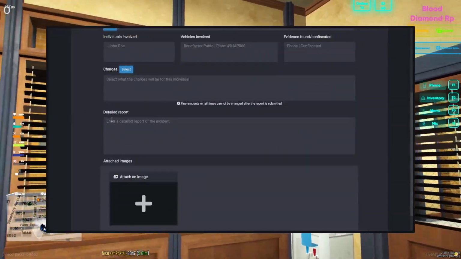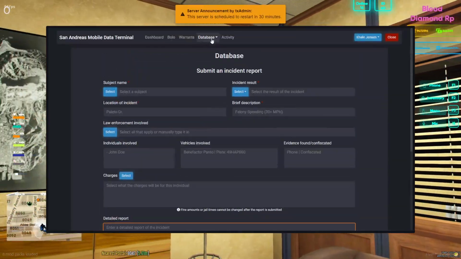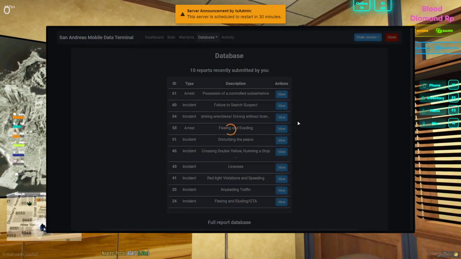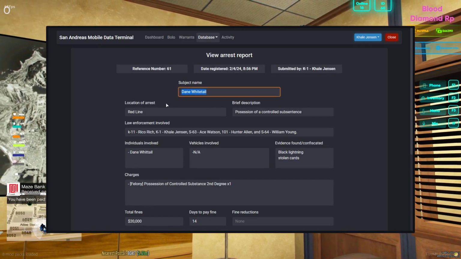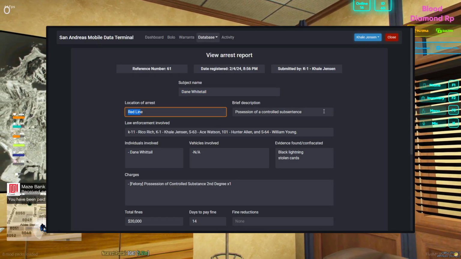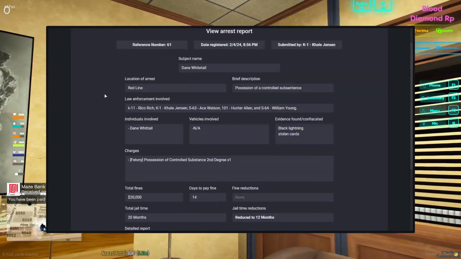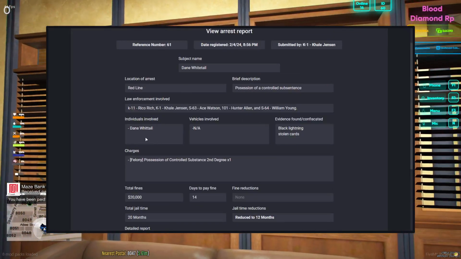Detailed report. Make sure you put details in everything. To give you an example of a detailed report, I would sit there and look at my reports. Look at this one for key examples. This was against Dane Whitetail. Place of arrest, red line, as well as a brief description of what he was arrested for. Every law enforcement officer that was a part of it, and the individuals, you just need to make it a list